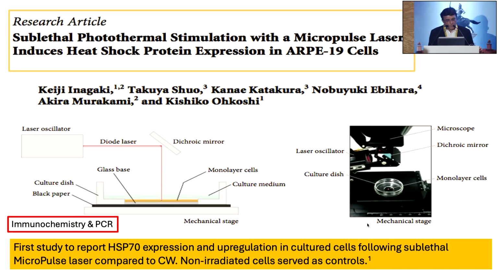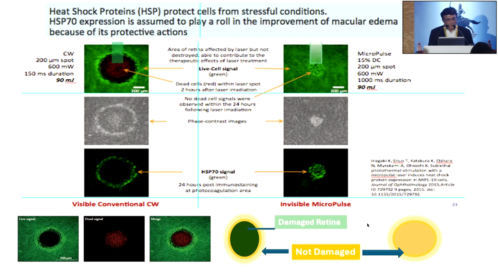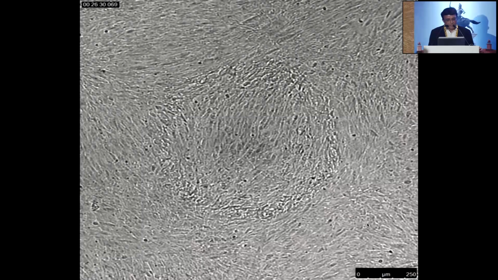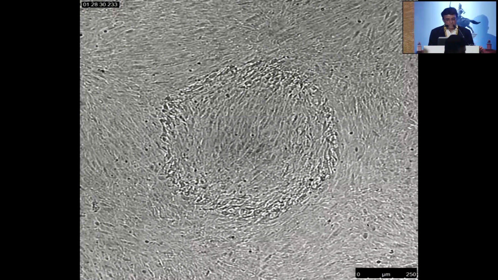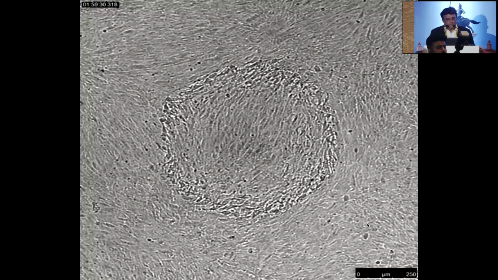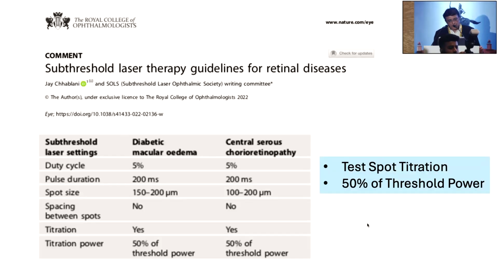So there was a beautiful experiment done in Japan on immunohistochemistry, where they showed that micropulse laser, you will see here the micropulse laser getting activated, and you can see that ring being formed. This is for the heat shock protein. Now internationally we formed a group, a subthreshold laser group, which has said that the parameters